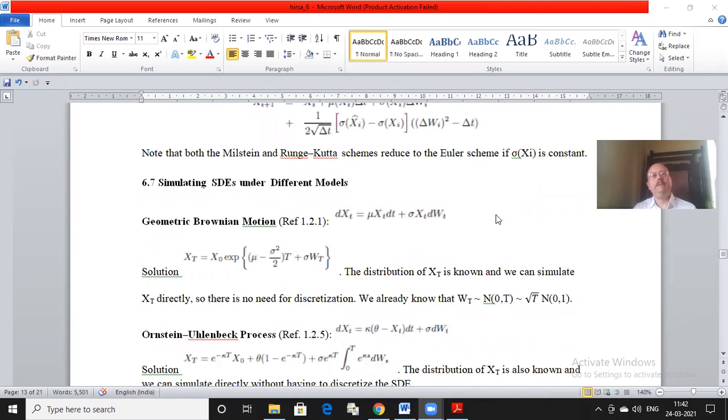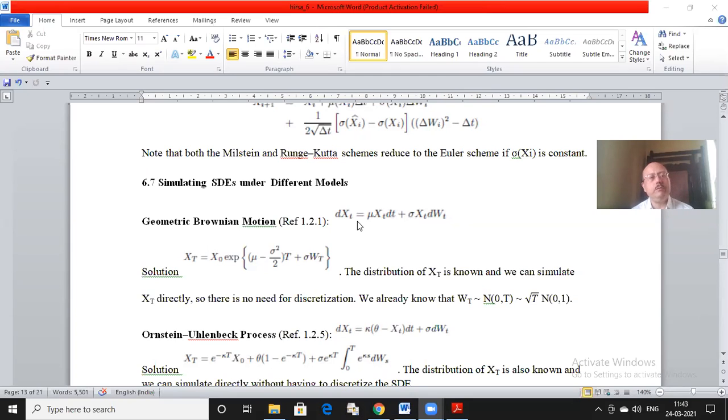Okay, so with that, let us now begin talking about the specific models that we discussed in chapter 1 and used later in chapters 2, 3, and 4. We'll start with the simplest model, geometric Brownian motion, as discussed in section 1.2.1, where both mu and sigma are indeed constants. So mu X_t and sigma, this is the simplest model.